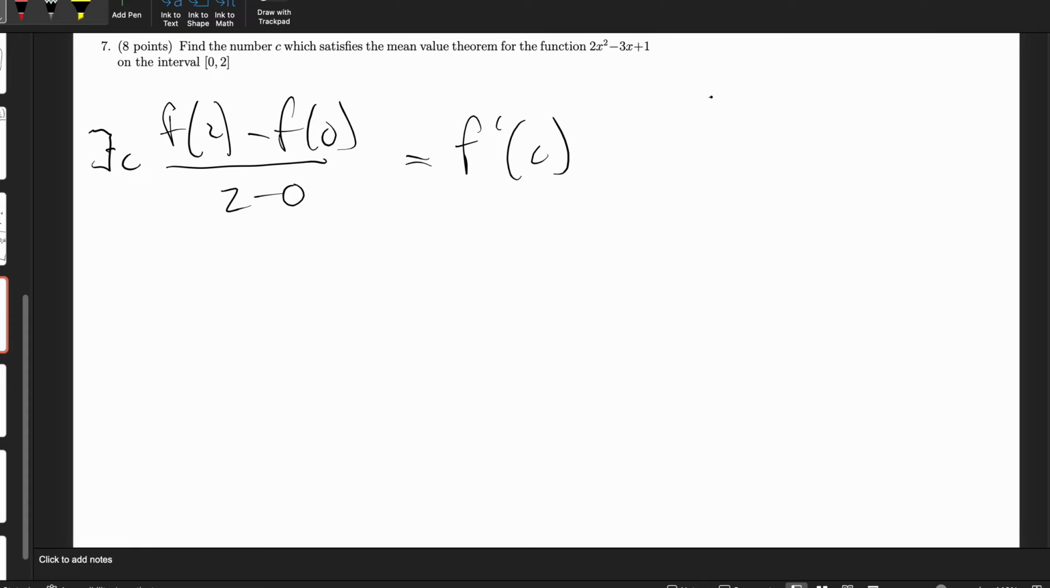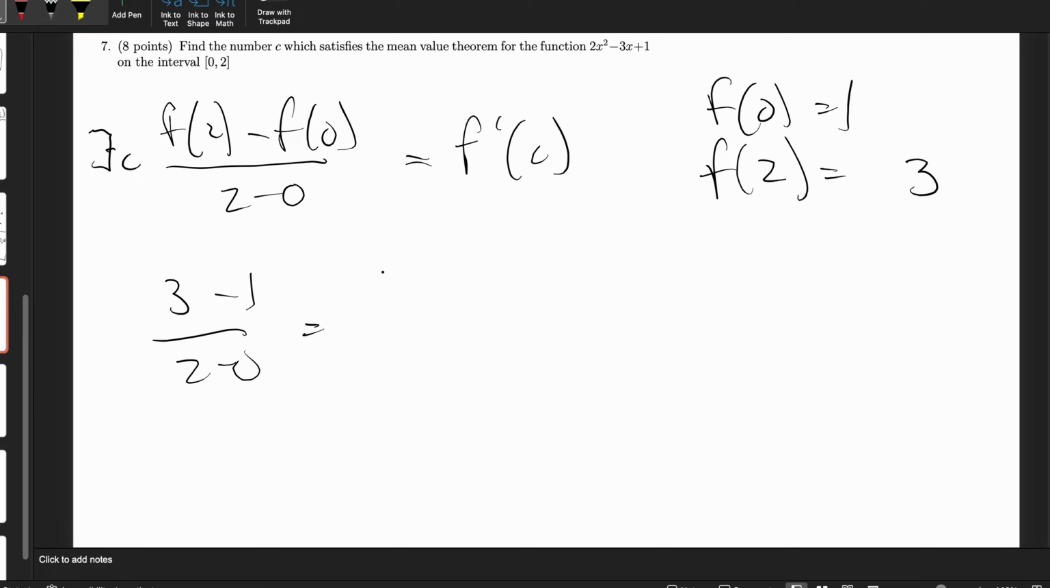f of 0, if you plug it in, is 1. If you plug in f of 3, what do you get? I'm not going to plug in the numbers. I know you know how to do that. If you plug in f of 2, that's going to be 3. So this is 3 minus 1 all over 2 minus 0, which is 2 over 2, which is equal to 1. So now we just take the derivative of this function, and we set it equal to 1, and we